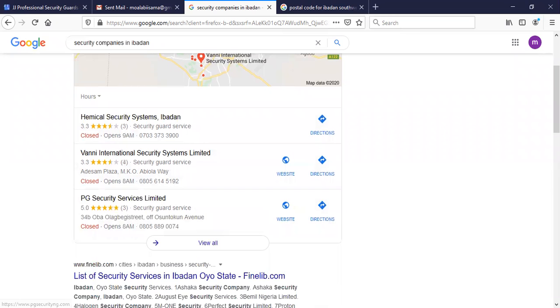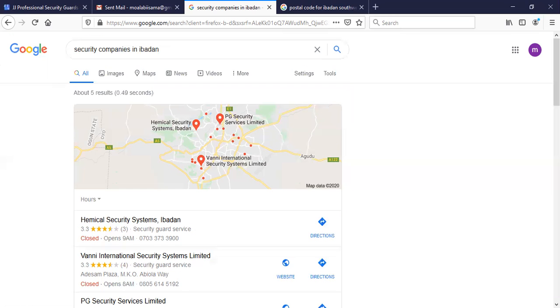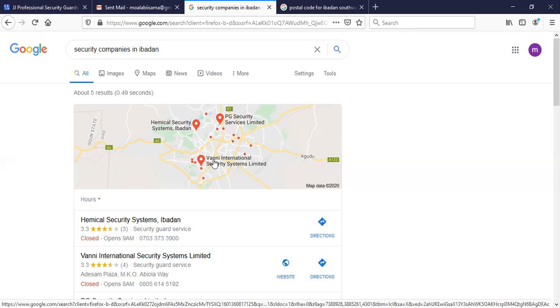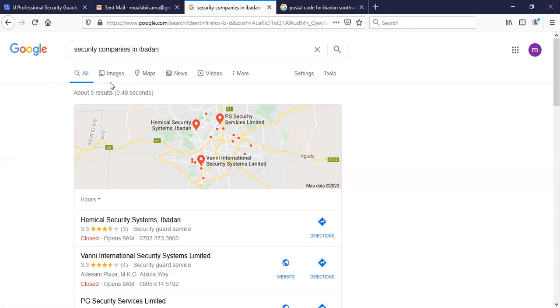There's something I need you to know. If you are doing this with your phone, which is what I want you to use for this part of the training, use your phone, not your laptop, not your desktop computer. Once you've done that search like I've done, see the map here. On top of the map, you will see a category. The category won't show on the system, but if you use a phone, the category will show.